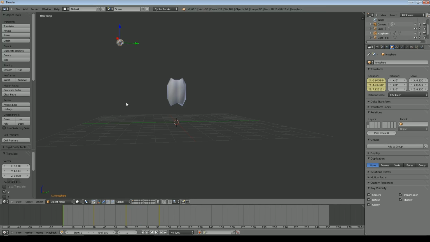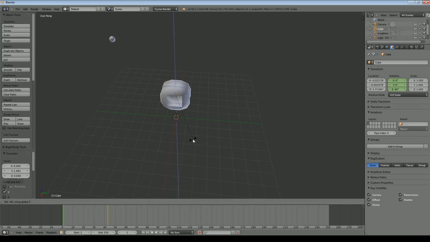The next thing I'm going to do though is I'm going to move this to the point where the sphere is just passing through. I'm going to select this object that I created and I'm going to record the rotation. Then I'm going to go to the beginning of the animation and I'm going to rotate it on the Z-axis 90. And we'll go back up, we'll go up to 90 and again rotate Z 90 and record that.